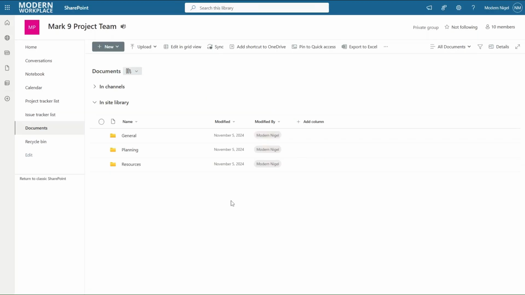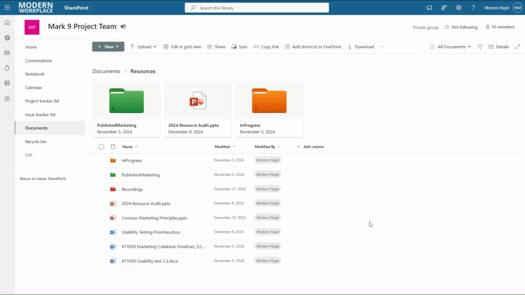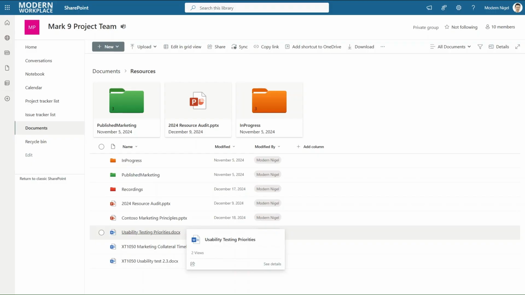Let's now think about when the document hasn't been deleted, but it has been modified, and I want to go and review the version history and restore a previous version of a document. And again, this applies to list data. So if you do use SharePoint lists, it's the exact same process. If you want to get to version history, and again, this can only be done in SharePoint, so you do have to come to the library directly in SharePoint, but we just need to